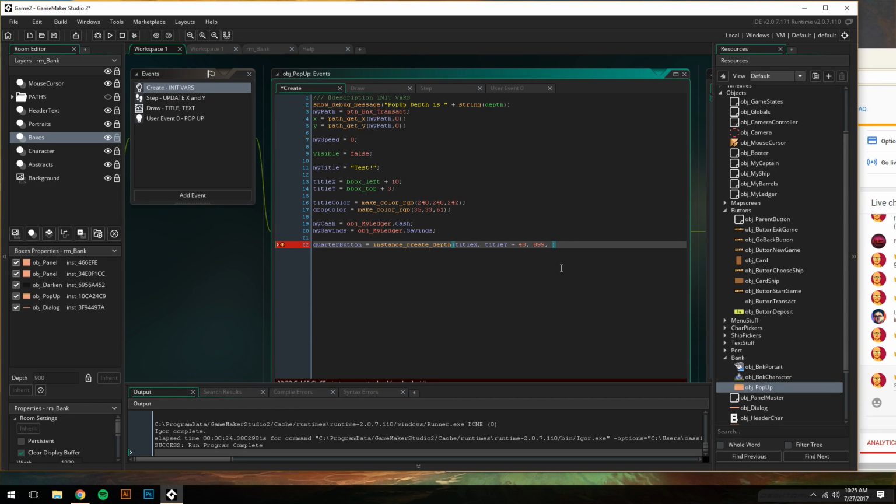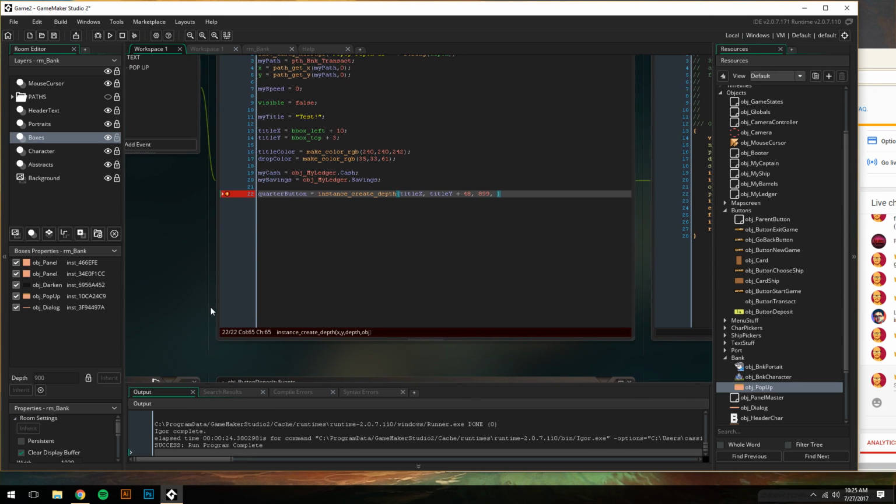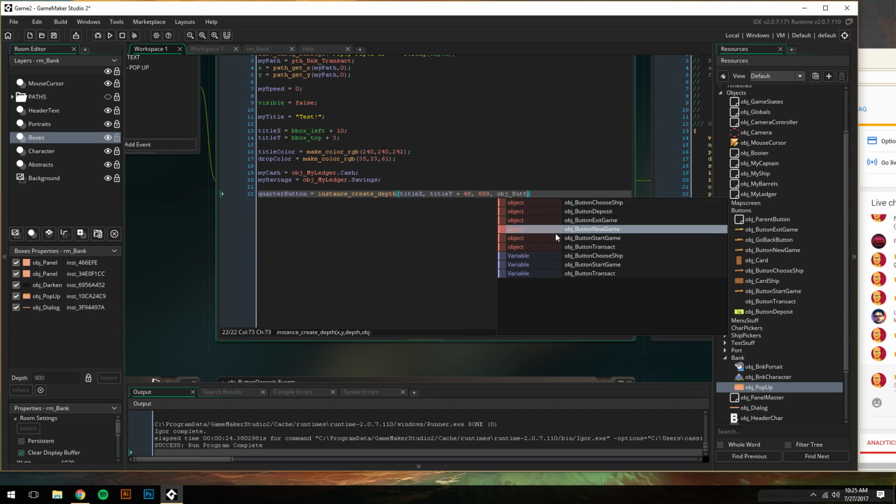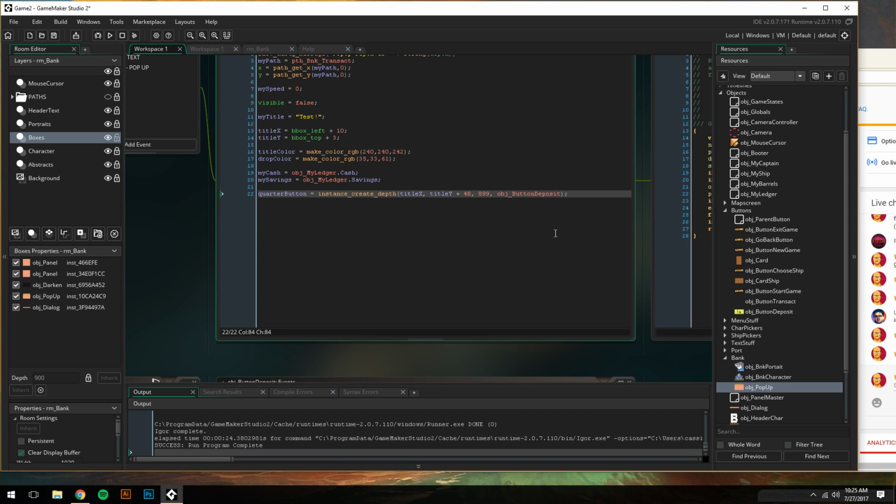So 899 I think is going to work. And then the object we want is obj_button_deposit. Cool. And then we're going to say quarter button